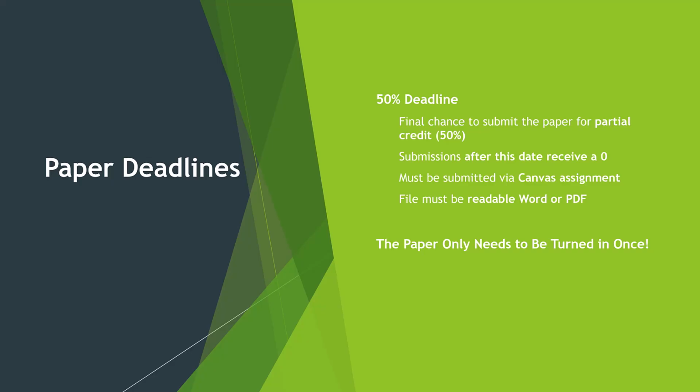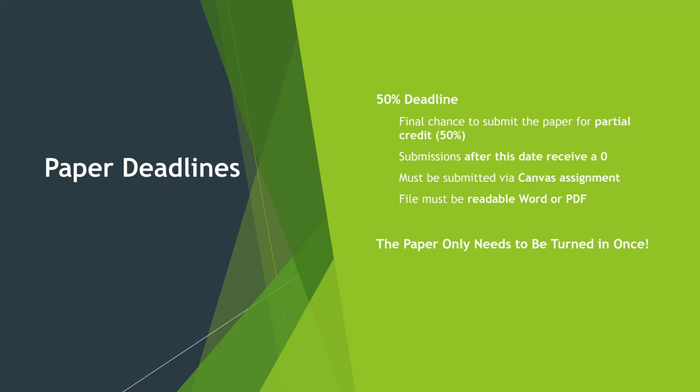Now, this does create a bit of confusion or panic sometimes because when the +5 deadline passes, sometimes people haven't done that. And then I'll get a panicked email saying, I got a 0 on the +5 deadline, but I didn't do the paper. And I'll reply back reasonably, oh, yes, that's working as intended. Because if you don't turn in a paper by the +5 deadline and it passes, then nothing's there. It's a 0. And then I, of course, reassure the student that this doesn't mean that they failed the paper, because it's still the emergency deadline and, if necessary, the 50% deadline. So if someone doesn't do the +5 deadline paper, but they turn in a paper for the emergency deadline or the 50% deadline, that will be the paper grade.